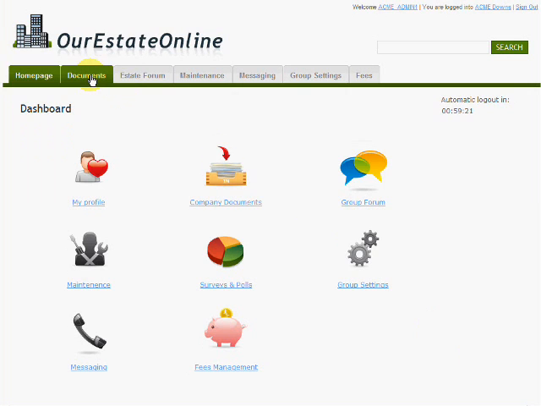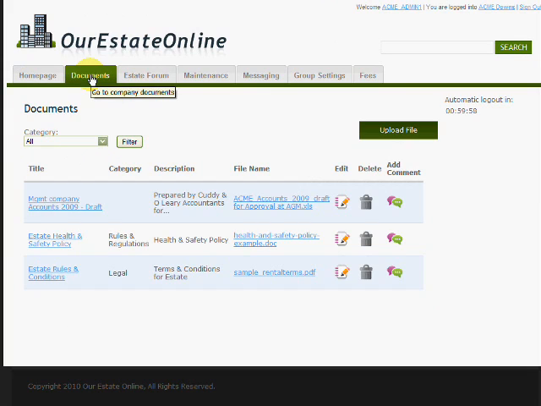Let's take a look in the Documents tab. If you manage an estate, the paperwork is the time-consuming and thankless task. Lost flyers and absent residents means it's unreliable too. Let me show you how OurEstateOnline eliminates this problem. Here, I can see existing documents and click on a link either to download them or add a comment as a user. If you're an administrator, you can simply add a document by clicking on the upload file